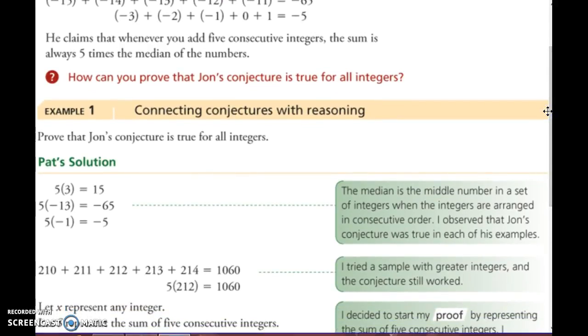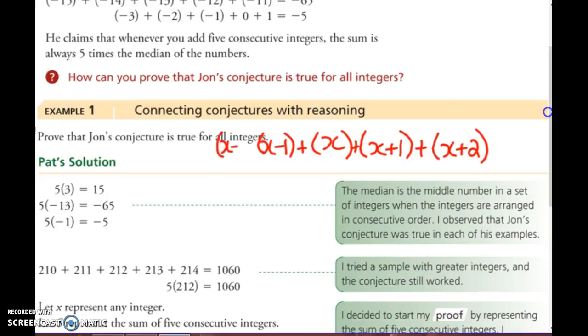So deductively, you are going to let a value or your number just equal x. And you need 5 consecutive numbers. So if this is one number, x plus 1 could be our other number, and x plus 2 could be our other number. Therefore, we could also do x minus 1 as a number, and x minus 2 as our other number. So now we have 5 consecutive numbers represented by x. So if we were to add all of these up,